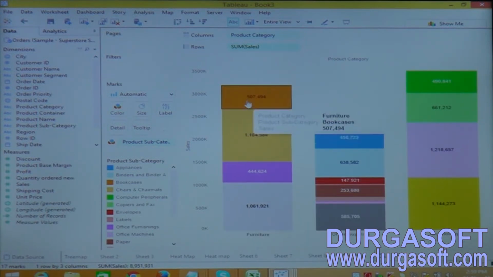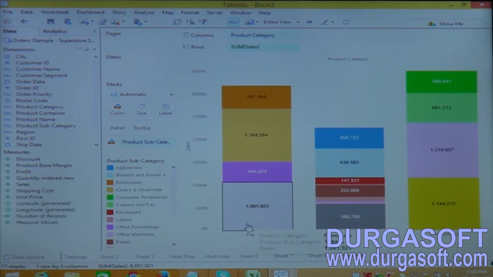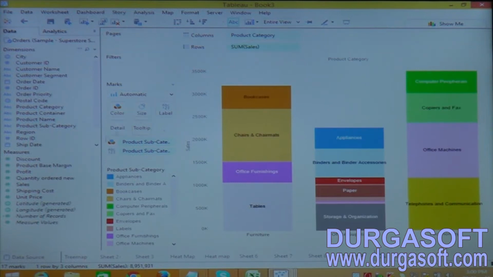That means the total furniture data is a combination of these product subcategories. Now let me see what kind of subcategories each category contains. Let me drag product category to the label and sales to the label again.